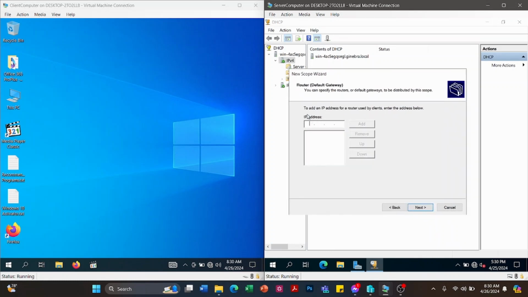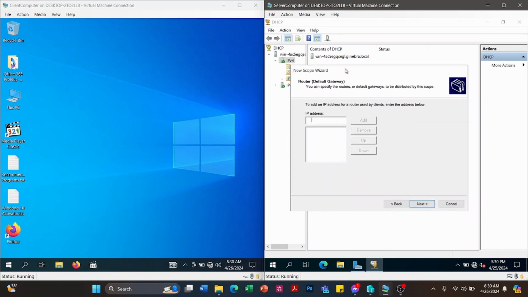Then, remember, the server will ask you to add an IP address for a router used by clients. Enter the address below. So in this option, you're going to add the IP address of the router. What you enter here will be the default gateway of the client computers.